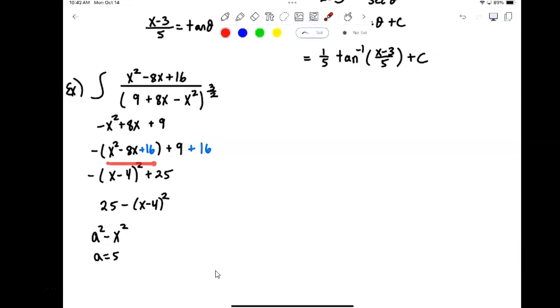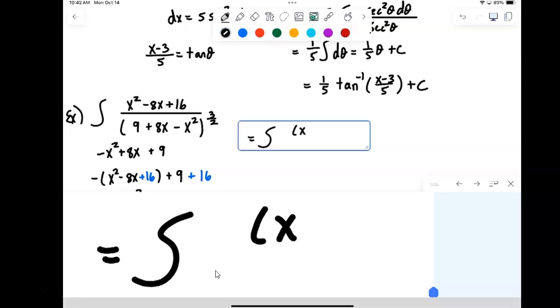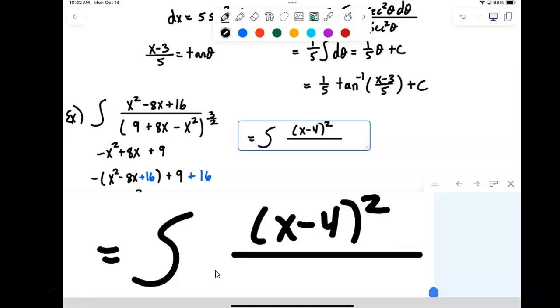Here we had x squared minus 8x plus 16, which factored as x minus 4 quantity squared. Notice the top here is just that x minus 4 quantity squared. So I'm actually going to want to write it that way as I get ready to carry my substitution through. So integral x minus 4 quantity squared over